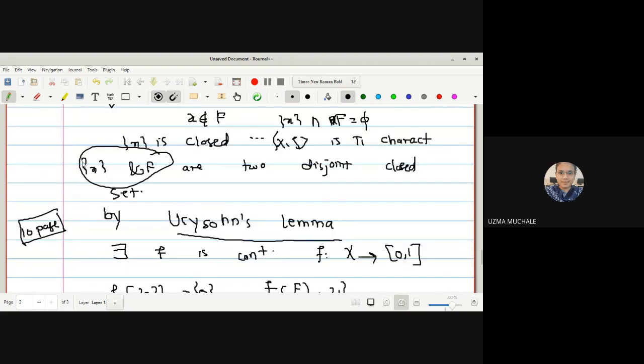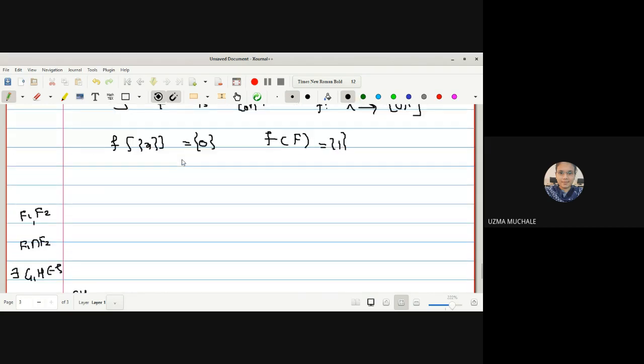So if we are considering here the two disjoint closed sets, singleton {x} and F are the two disjoint closed sets. Why is singleton {x} a closed set? Since X is a T1 space. As it is a T1 space, with the help of the characteristic property of a T1 space which we have proved, both are closed sets. So two disjoint closed sets: one closed set maps to 0 and another closed set maps to singleton 1. And hence this one I can write as f of x is equal to 0. Is it okay? Yes, ma'am. And f of F is mapped to singleton 1, and hence the proof.